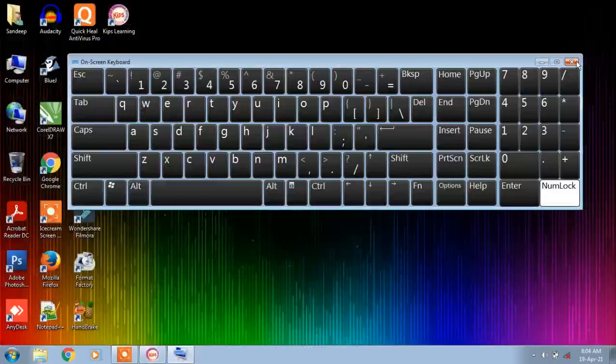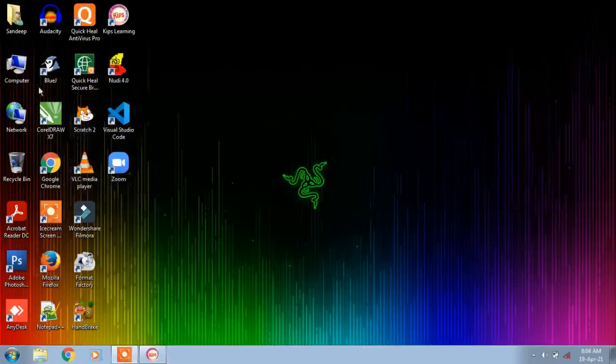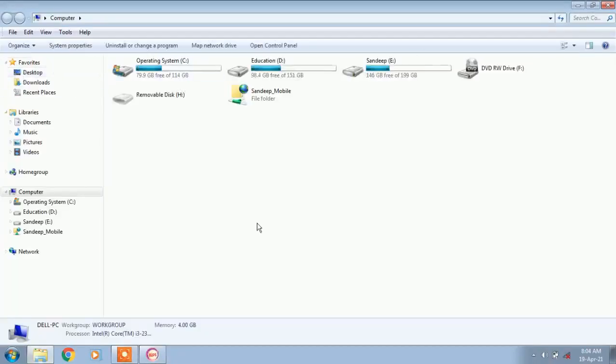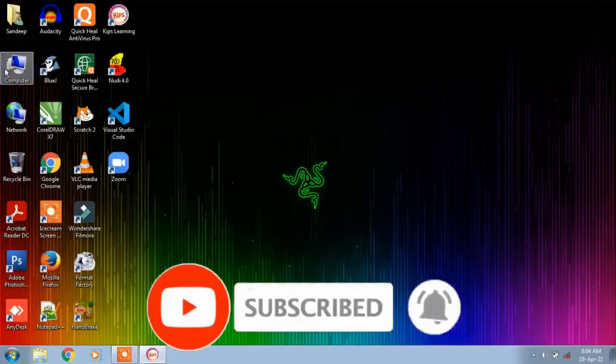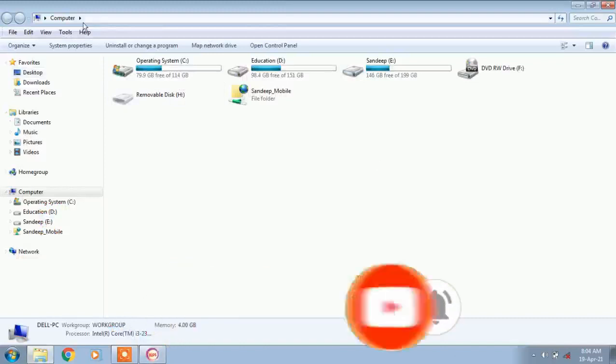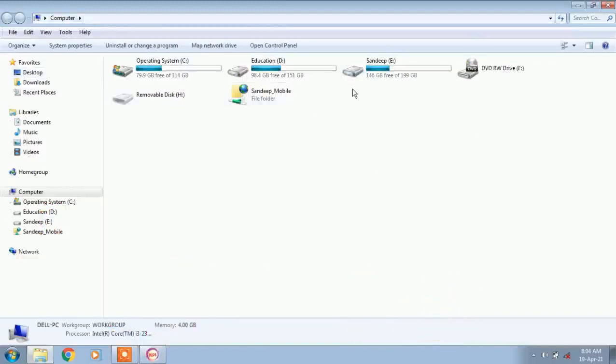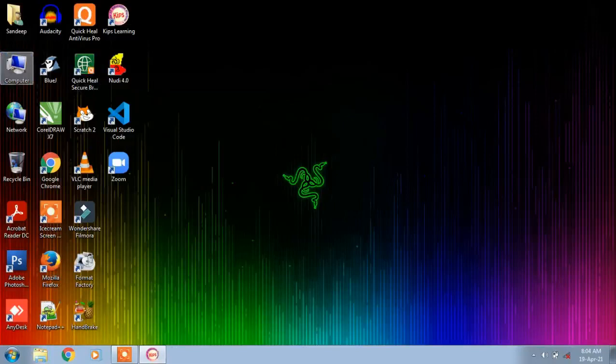If you have difficulty opening Windows Explorer by using the shortcut key, then there is one simple method: just open this computer icon and you are going to get the same interface. When we double click on the computer icon, we get the window. You will get detailed information about all the drives and other devices which are connected to the system. So this is another method, by opening Computer, so that the Windows Explorer features can be accessed.